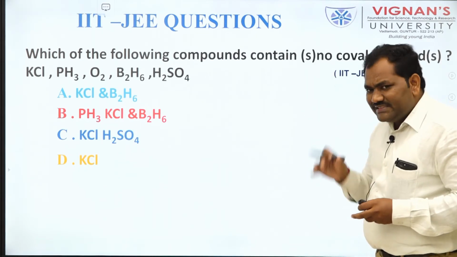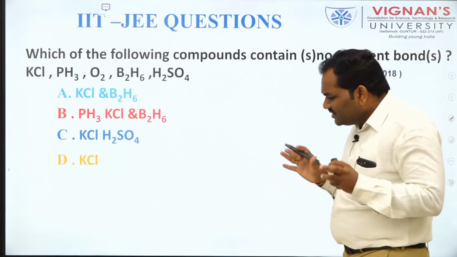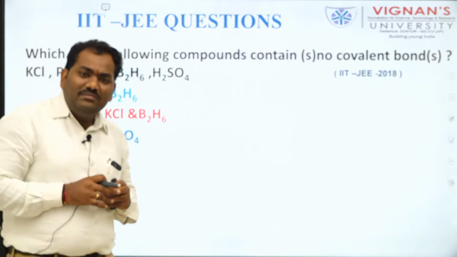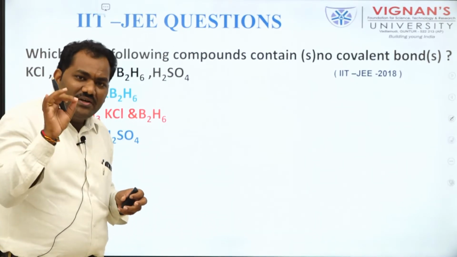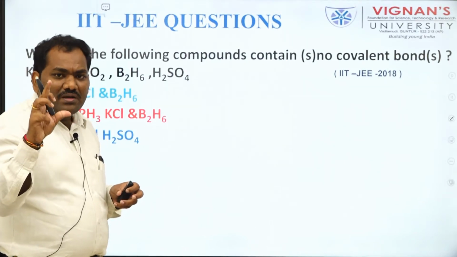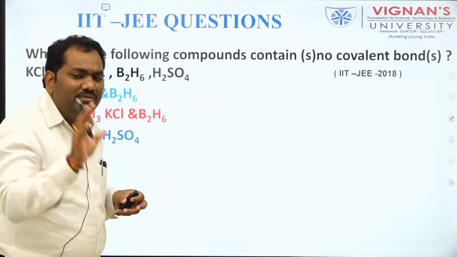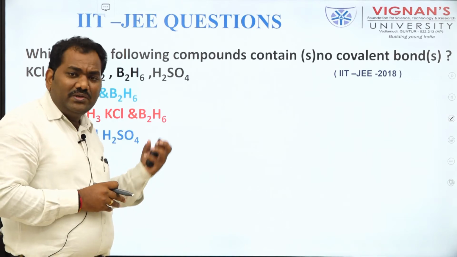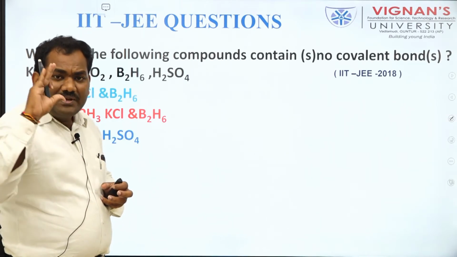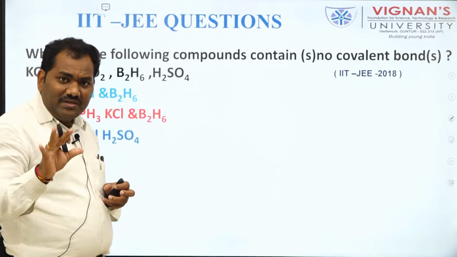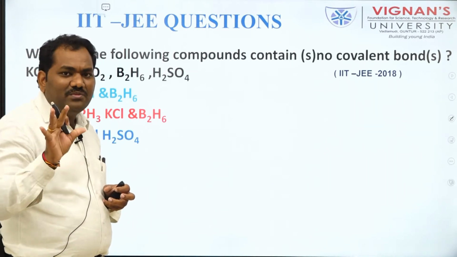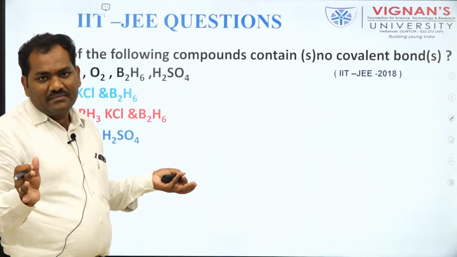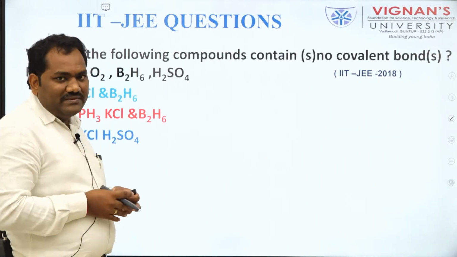a covalent bond is formed, either polar or non-polar. A covalent bond is formed by the mutual sharing of electrons, we know that. Moreover, a covalent bond is observed between two non-metal atoms or two electronegative atoms. An ionic bond, as I already told, is formed between a metal and a non-metal. That bond is definitely considered an ionic bond, because the electronegativity difference between a metal and a non-metal is very high, more than 1.7.